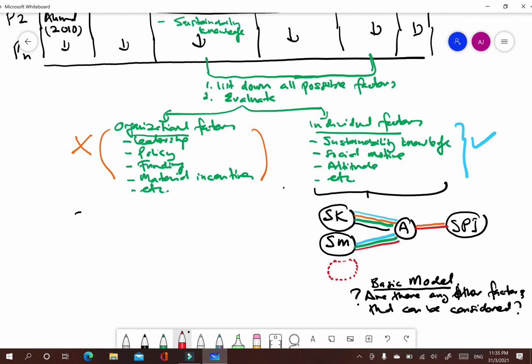Instead of knowledge and social motive, that may be related to attitude but not discovered by the previous papers when they were discussing sustainability program involvement, for example. So what we need to do is that we can also study the literature related to attitude.